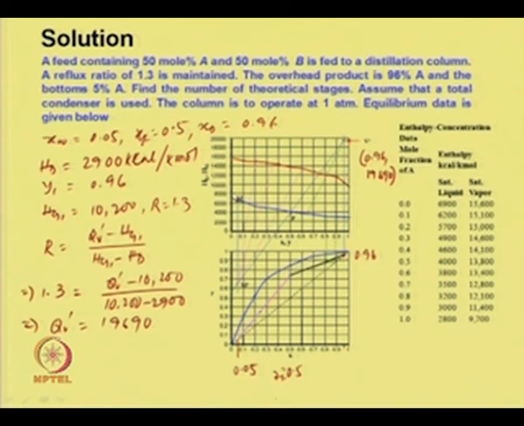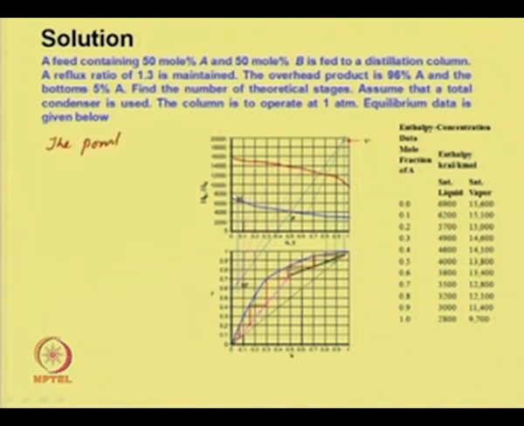Now, for the overall enthalpy lines, we can draw the line from point V dash through M dash, and it will intersect at point F, where ZF is equal to 0.5, and then the point G1 which is over here,